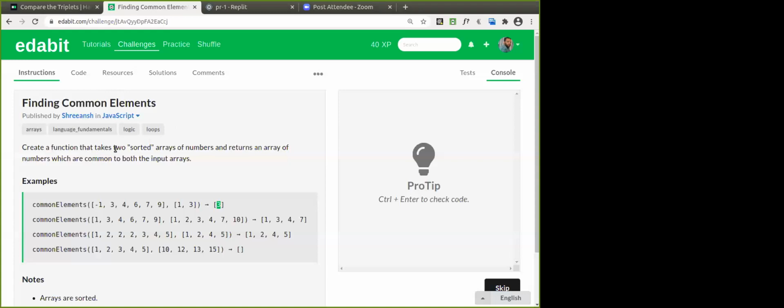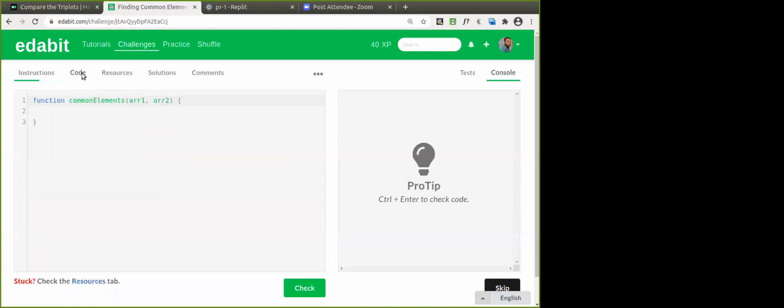Create a function that takes two sorted arrays of numbers and returns an array of numbers which are common in both the arrays. I'm expecting someone will come up with the answer very quickly. Good. Okay, no problems. So how are you going to access here? What is the logic here?